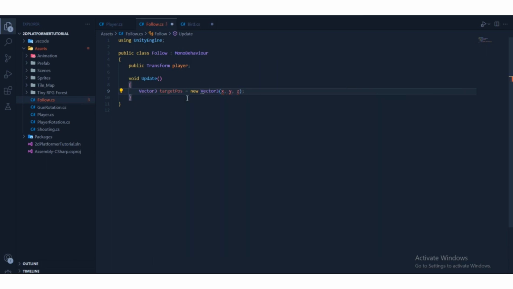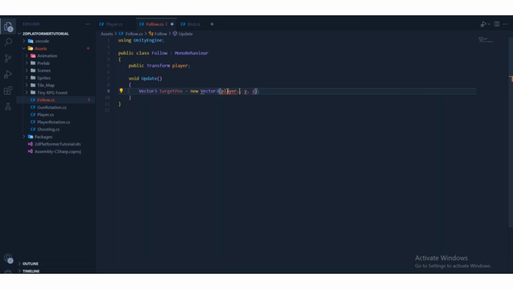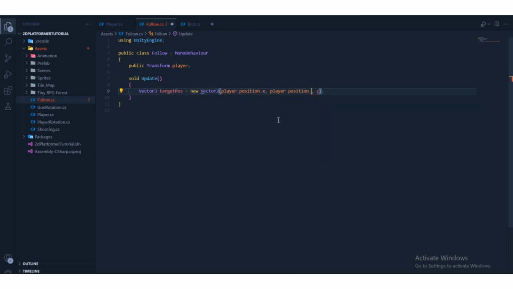We're gonna replace this x with our player.position in the x. So this vector will follow the player in the x of the player position, as well as in the y-axis, and we're not gonna put in the z-axis. So we're gonna put player.position.x. So this vector will follow the x of the player. As you can see, we pass the x position. Then we pass player.position.y. And for the z,